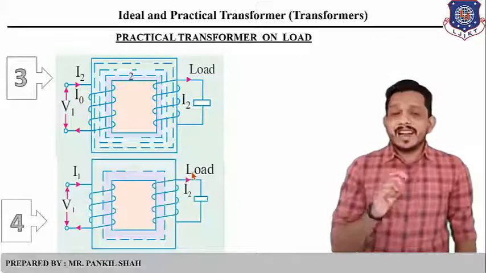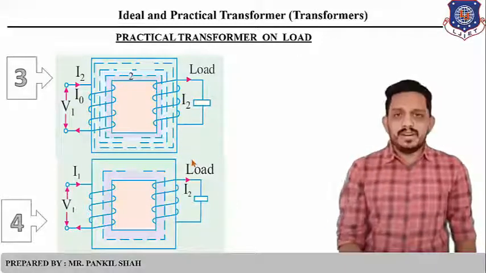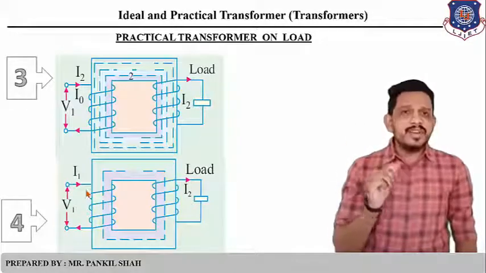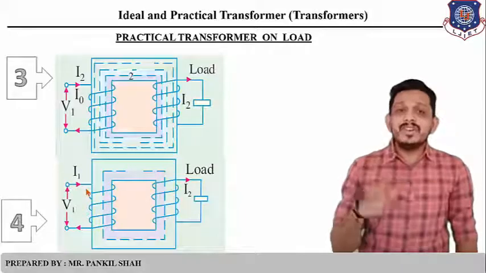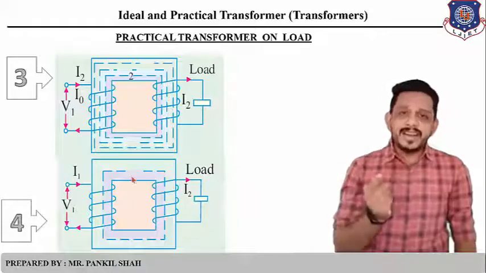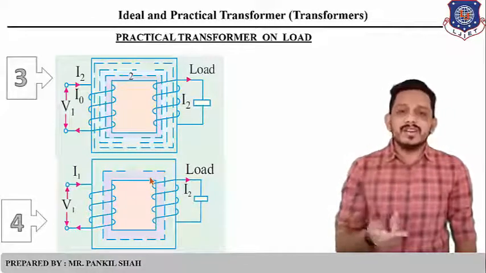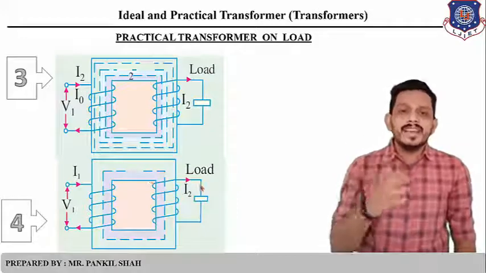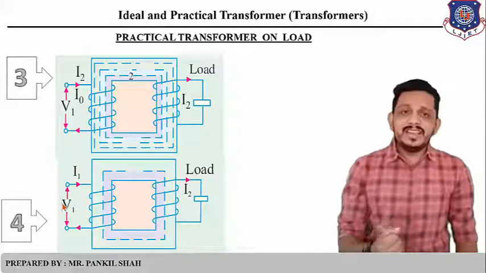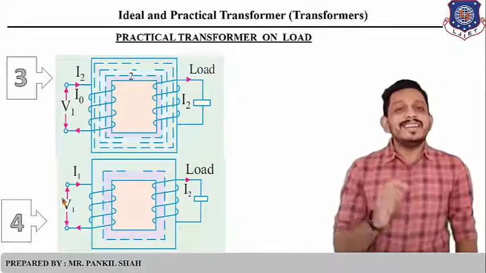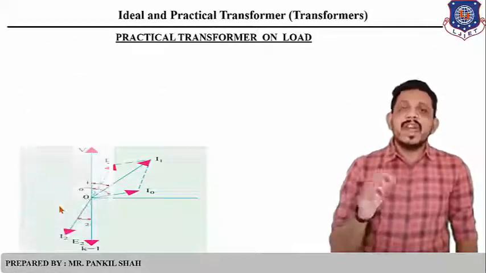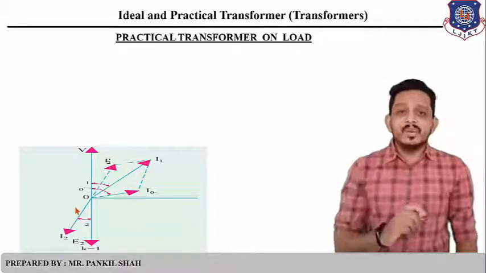So we can say that now the no load current has three components. It is known as the primary current I1 and it has three components. The first component is to produce the magnetic flux, the second component is to nullify the losses, and the third component is the one for the demagnetizing flux. To nullify this demagnetizing flux, current should be taken from the source in the loaded condition. So this was the practical transformer on loaded condition, and here we can say that our primary winding current has three components.